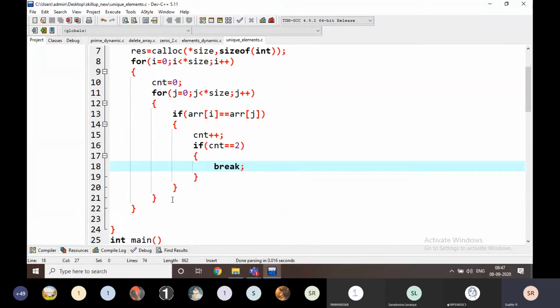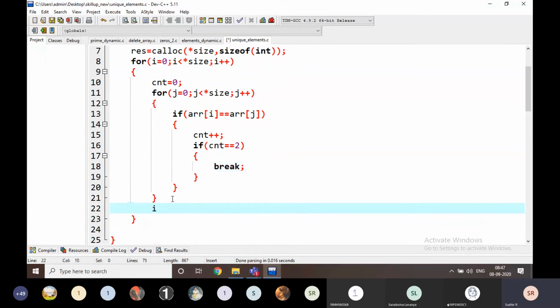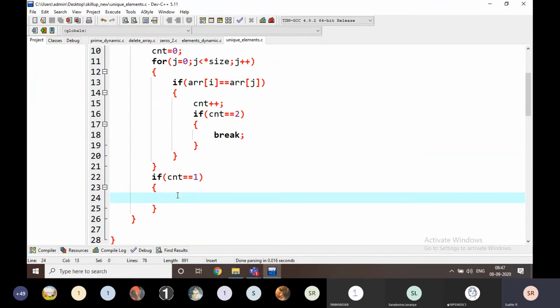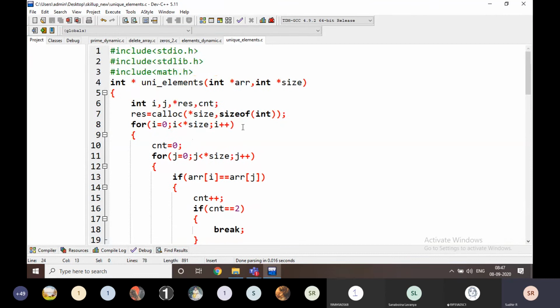Here I am going to make, if cnt is equal to 1 only, I am going to push the value into the result. Okay, I'll explain with an example, just don't worry about that. I am going to take here some element count ec is equal to 0.